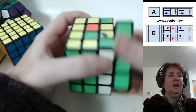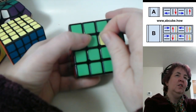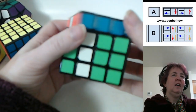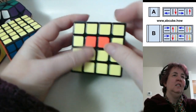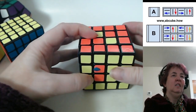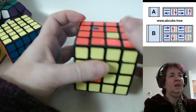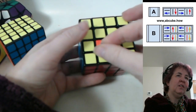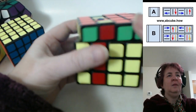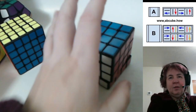Yellow to the green, up, up, down, down, line it up, up, up, down, down, lined up, up, up, down, down. It's at the top. Again, it's just a matter of finding a piece that's incorrect from the front that wants to go to the top, and then up, up, down, down. Alrighty, so